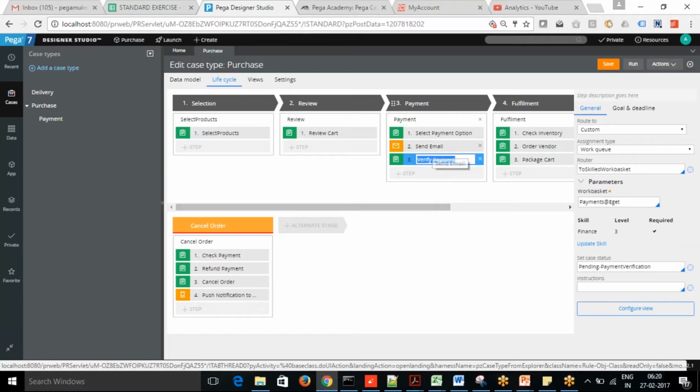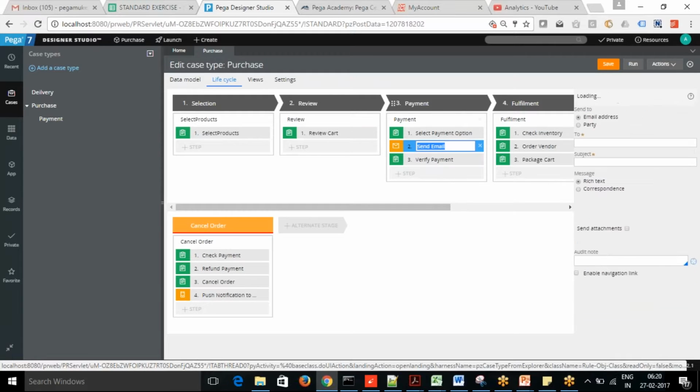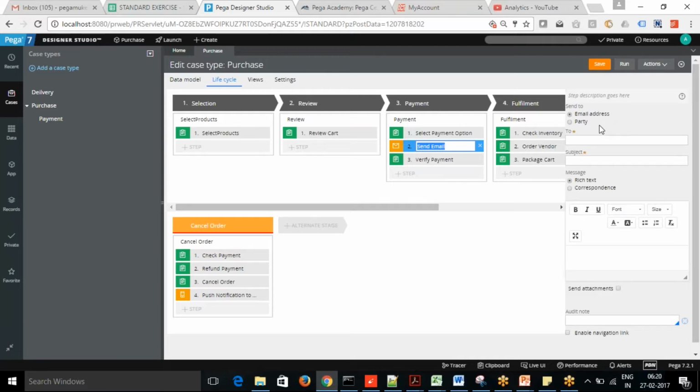So if you see it here in the send email step, either you are sending it to an individual or a party. A party can be a customer, it can be the owner, or it can be interested parties. In Pega we call these work parties. The work parties are nothing but those who are interested in your case. One will be the customer, who is the client for that. One will be your BPO, the one who is going to handle your case. Normally we create that as owner.